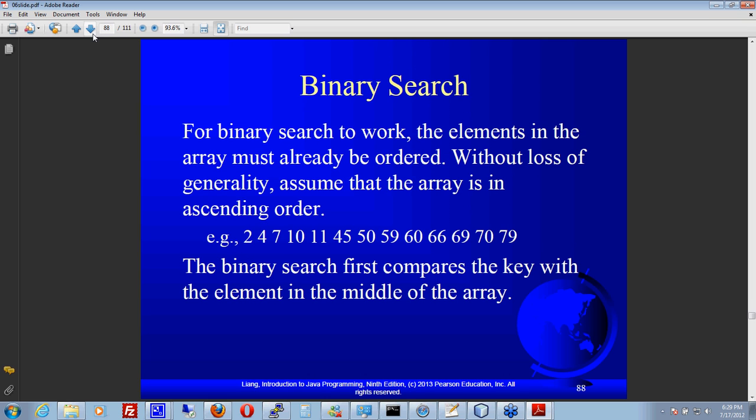Okay, binary search is a more sophisticated search. It's actually a much better search. A binary search assumes an ordered array, an ordered list. It has to assume an ordered list, so it's got to be in order. So what the binary search does is it says, well, if the list is ordered, and I look at the middle value in the list,